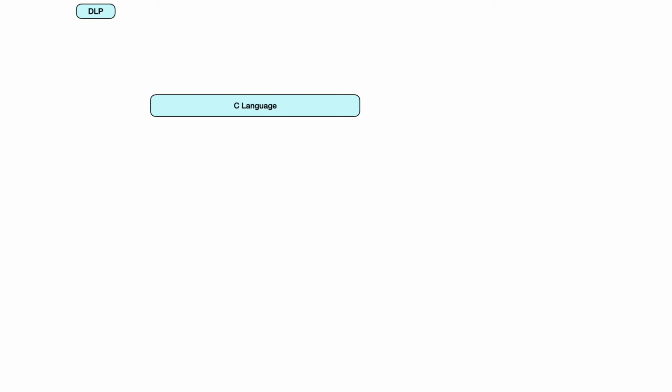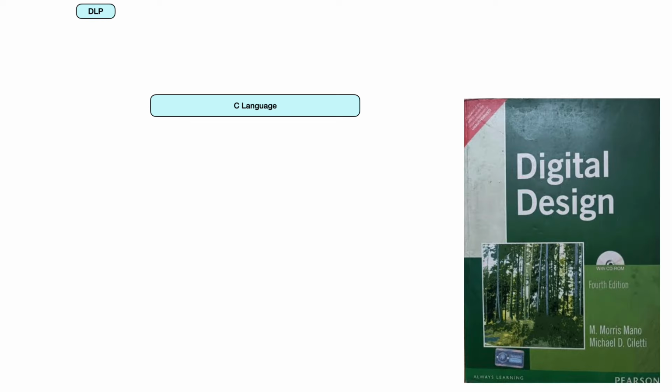Then we have digital logic and processors, also sometimes called digital design or digital system design, where we study various number systems like binary, octal, hexadecimal, and we also study combinational and sequential circuits. In combinational circuits, we try to minimize the Boolean expressions using something called K-maps, and in sequential circuits, we study the hardware of how binary bits are stored in memory. So we study both these in digital logic and processors, and this forms the prerequisite for various